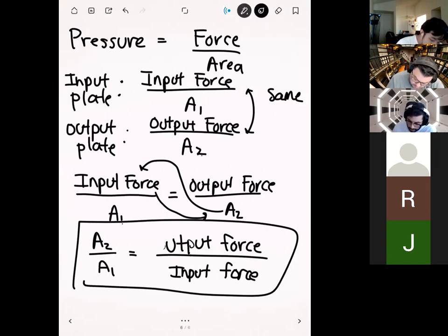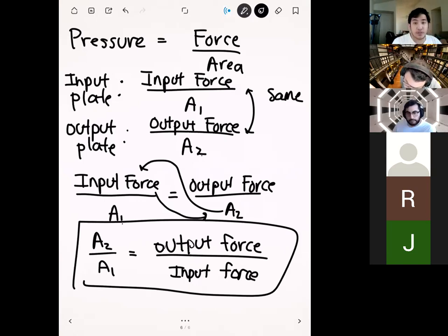And so our expression for mechanical advantage, which is output force over input force, is equal to the ratio between the two areas. So the bigger the ratio between those two areas, you either have a much bigger A2 or a much smaller A1, you're going to generate much more mechanical advantage from this hydraulic jack. Right, so this is a very simplistic model for hydraulics, but it utilizes the fact that locations at the same height within a static fluid have to have the same pressure, and then we use that fact to generate this expression for mechanical advantage.